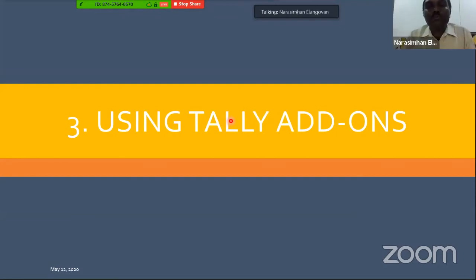Now what we will do, we will try to see how best we can use Tally add-ons and Tally TDL. One major challenge which we face today is we have a whole lot of data to enter and very limited time. And this is going to be the trend probably in the near future as well, correct? More and more work, less and less resources, less and less time. How can I do more with limited resources and time? That is where these add-ons can be extremely handy.